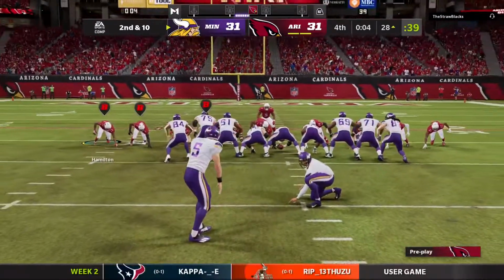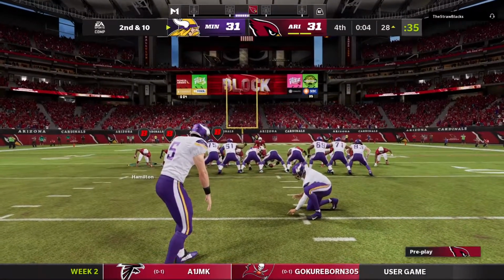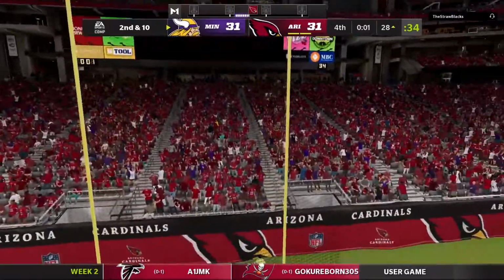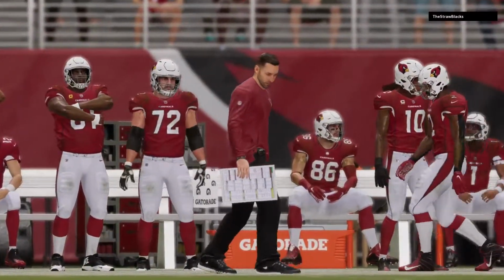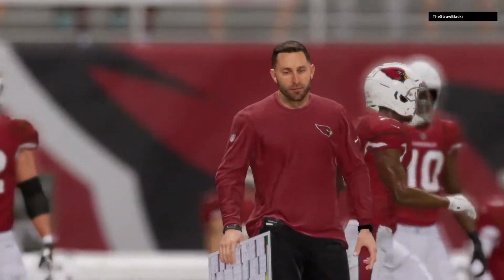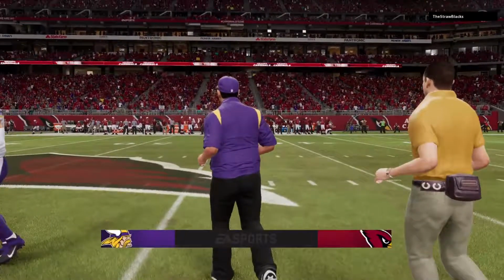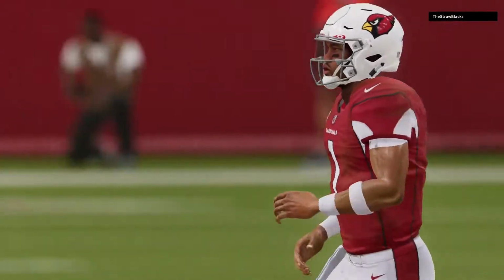And right now it all rests on the right foot of Aldrick Rosas. 3 for 3 so far, and a 4th would win it. And his kick is right there. It's good. And they have regained the lead. So the final seconds have ticked away in this Minnesota victory. And it took a big 4th quarter to do it, but they were able to get the job done, and that's the bottom line. No doubt about it. And let's face it, they had to be more than